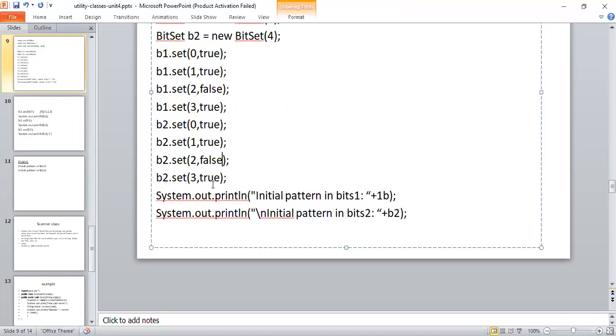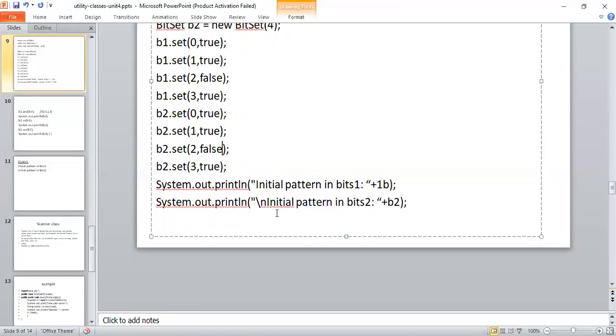Now what output will I get? These truths equal these truths, this false equals false, and this true equals true. So according to our operation, if any value is true, the result is true. Here this value is false, so I'll get only 0, 1, and 3.